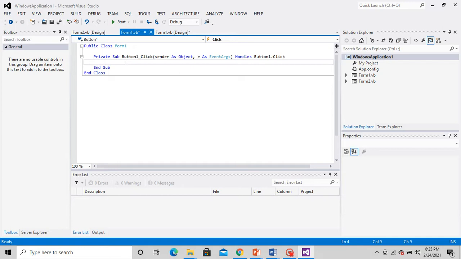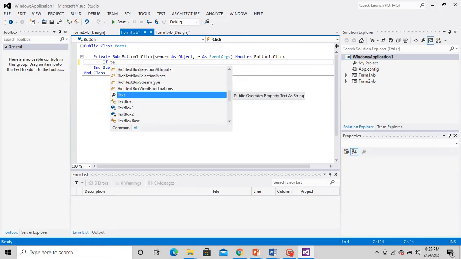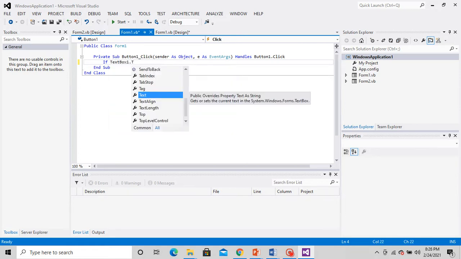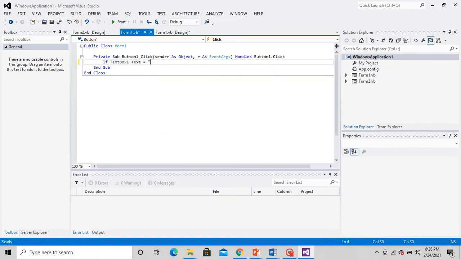So what is to be written at first? If text box 1 dot text. Students, what is text box 1 here? The text box which corresponds to the user ID, right?